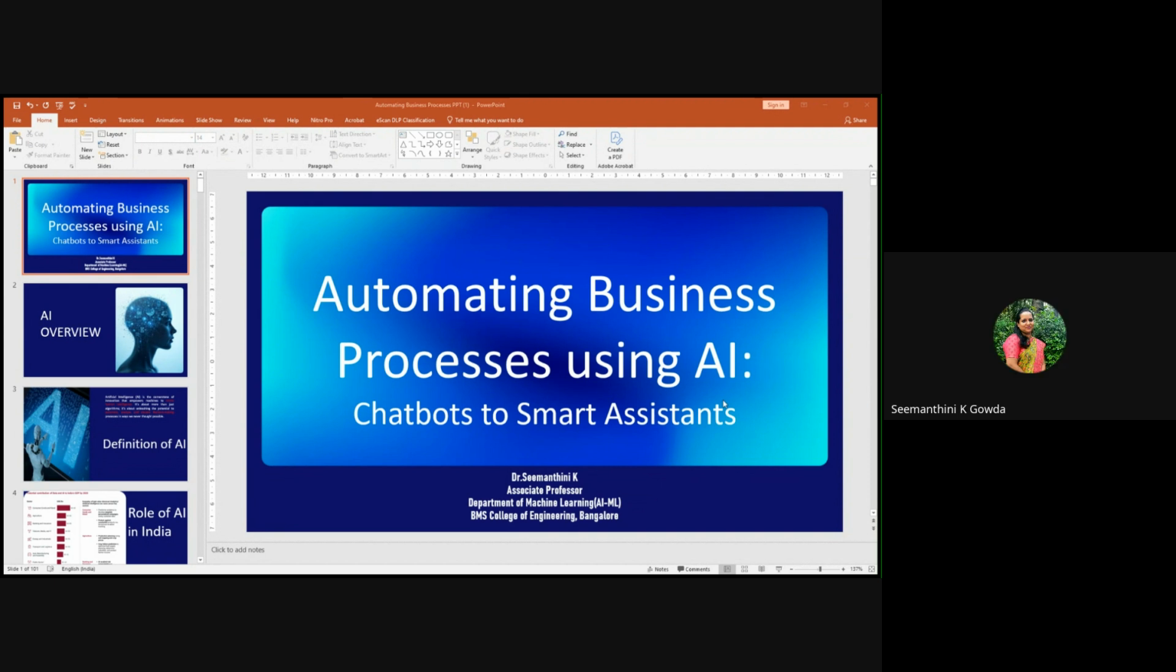We are also focusing on concepts of constitutional AI and responsible AI. Now, people are mainly working on multimodal as well as agentic AI. These are the current technologies which people have been majorly focusing on over the last 10 years. My topic today is automating business processes with AI, from chatbots